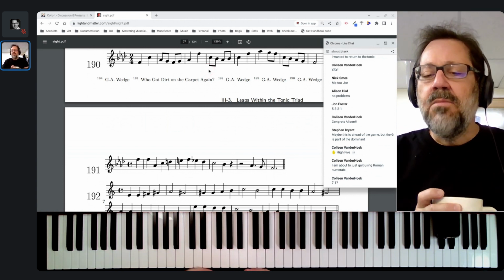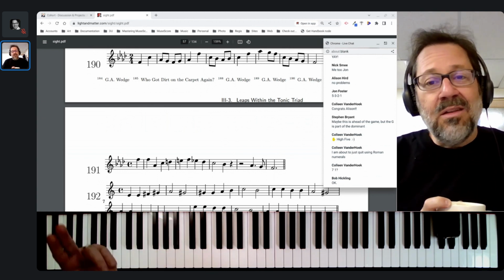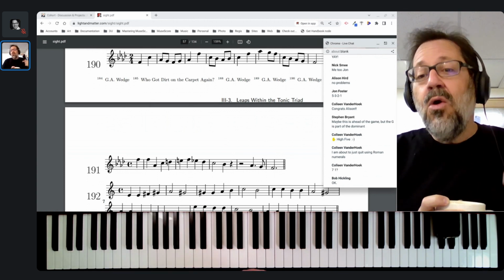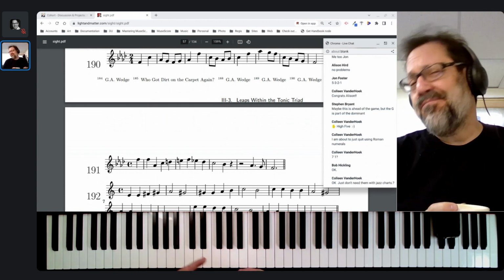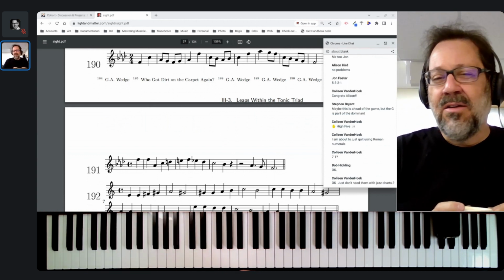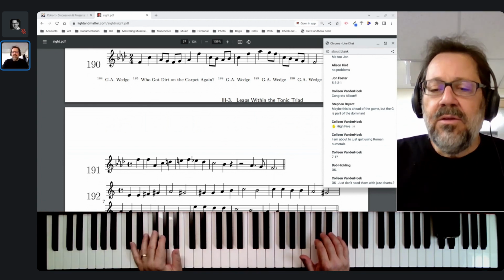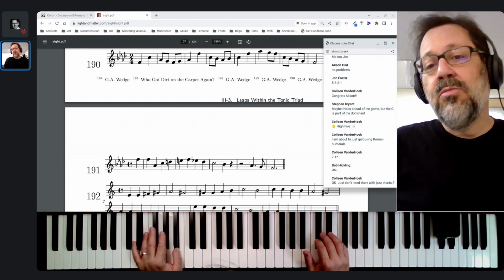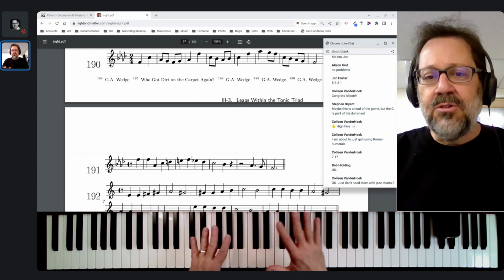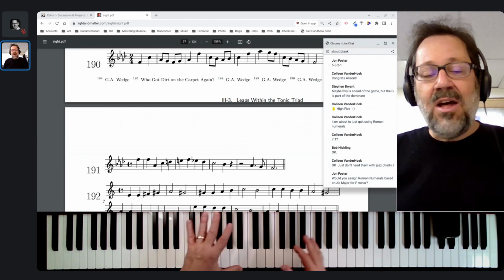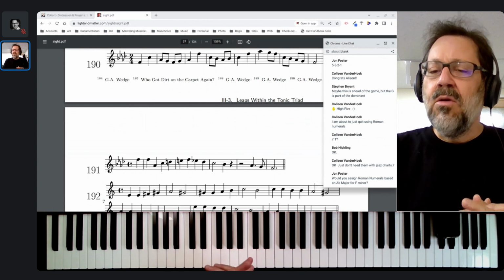So 7, 1. 1, 7, 1, leading tone 1, call it what you want: do, ti, do, or if you're using la-based minor, it's la, si, la, which is one reason I don't like la-based minor, because that just doesn't ring to me like do, ti, do does. What I'm going to say about Roman numerals is, just to read the charts, you don't need them. But to understand what's going on harmonically, to reharmonize on the fly, and to help with transposing by ear, you'll find thinking in Roman numerals to be useful.